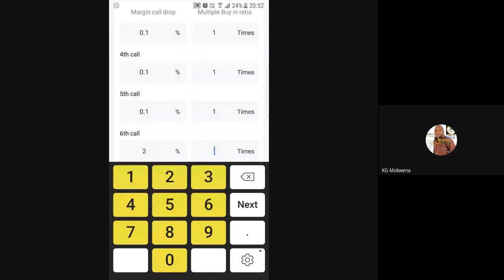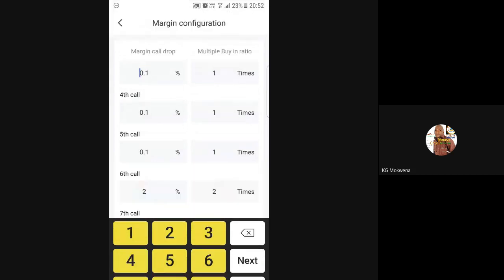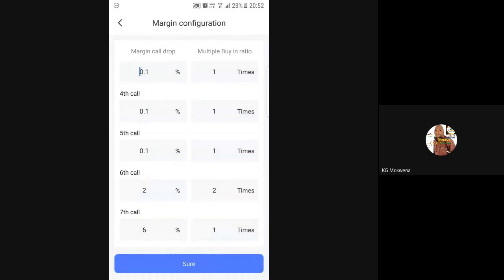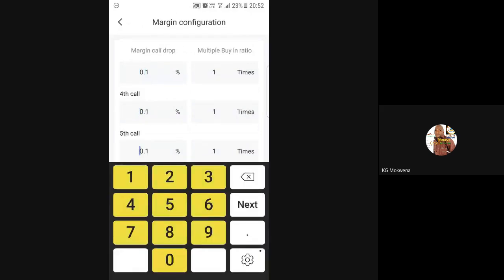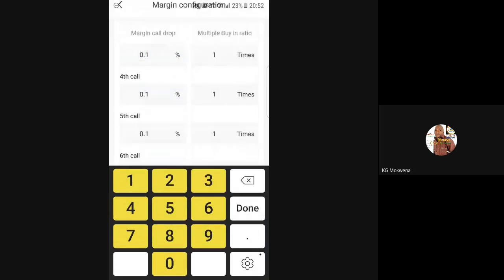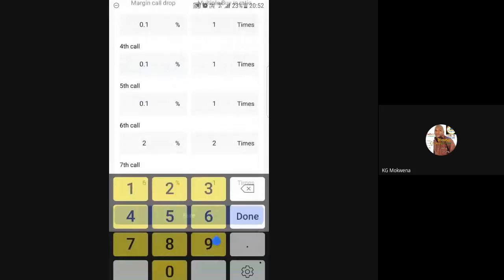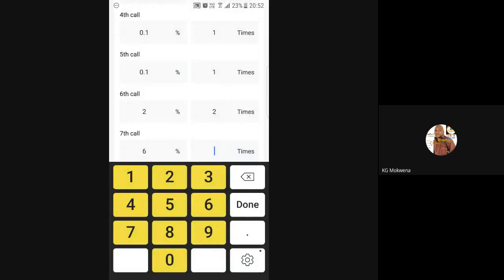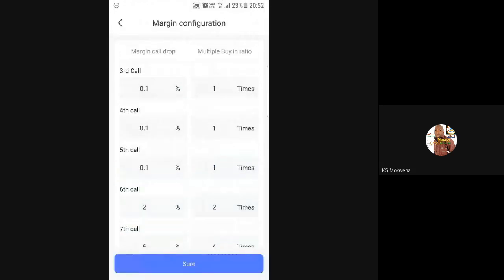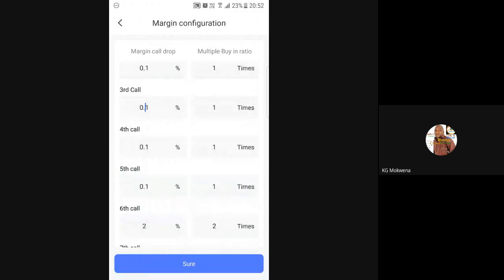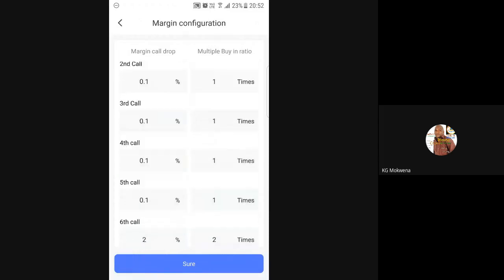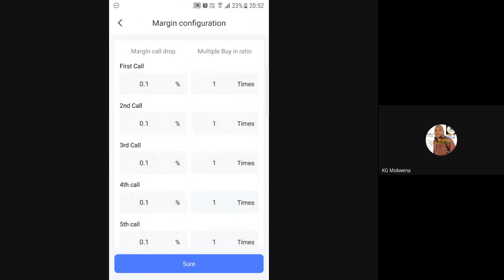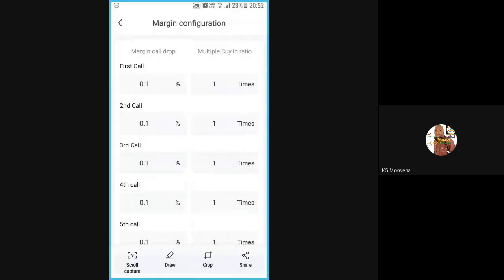I would rather put 2 here, and then down there I can put 4, which is call number 7. 7 here can buy 4 times. And then this is one shot. So now when you check the budget for this particular trade, in this case, it's going to be the first buying amount plus, first buying amount is $12, and we have